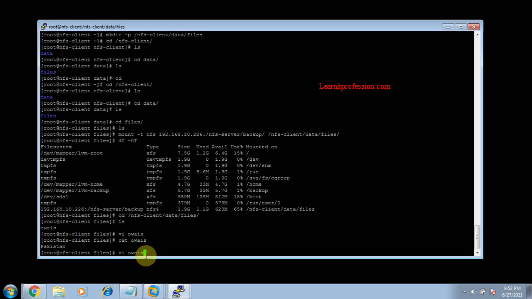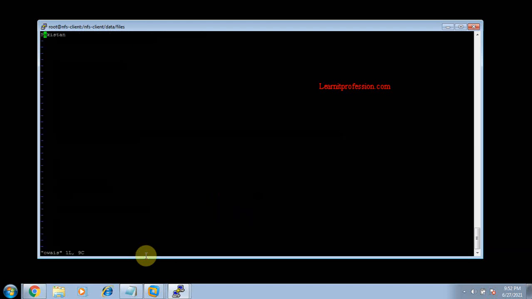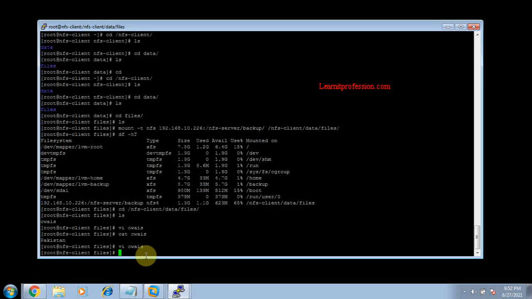Just type vi OS, and after Pakistan, press insert, Karachi. Okay, press :wq. Okay, the file has successfully been allowed to write.